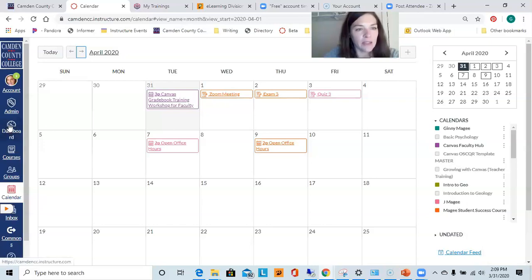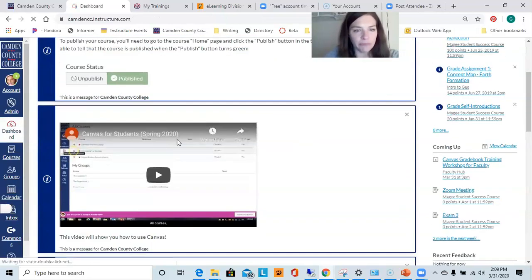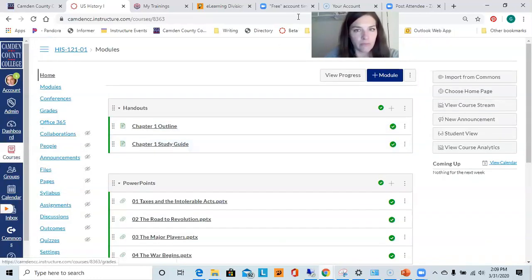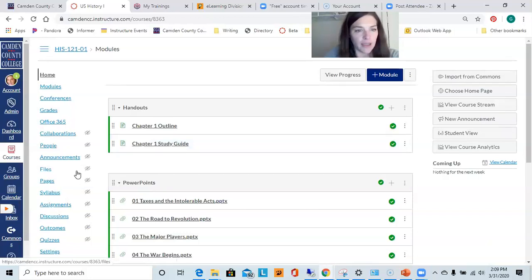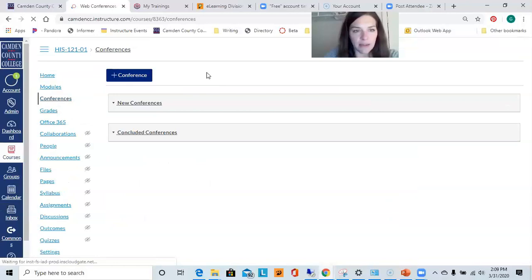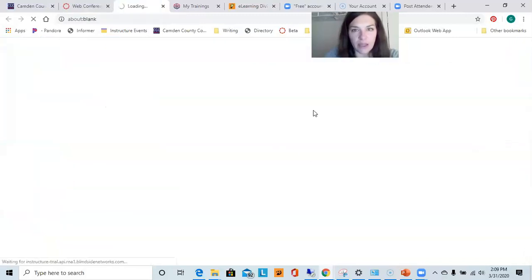So when you're ready to start your conference, click back on my dashboard, and we'll get into our conferences tab here. And when I'm ready to start it, I'm just going to click the start button. So we'll go ahead and click start and cross our fingers that it will open